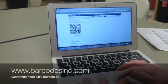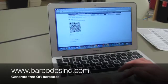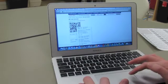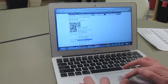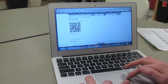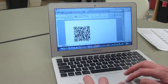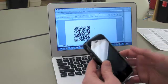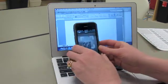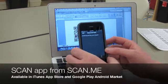This is barcodesinc.com, and I chose to create a QR barcode, and what I can do is copy this image and open up Word, and then I can paste it, and when I take my barcode reader, it says,